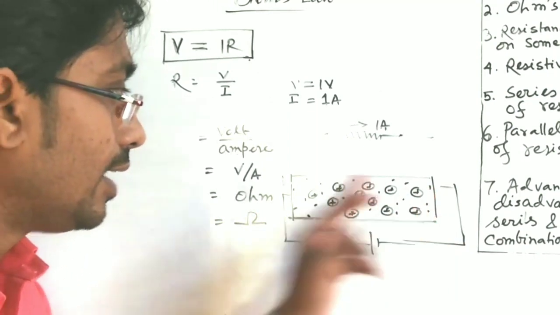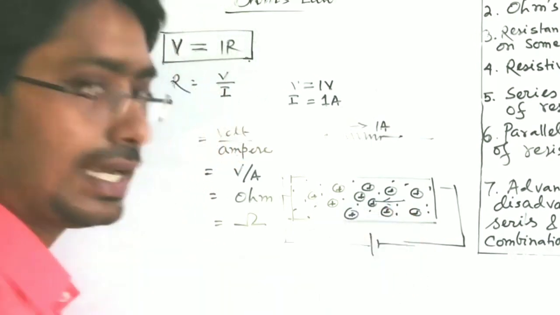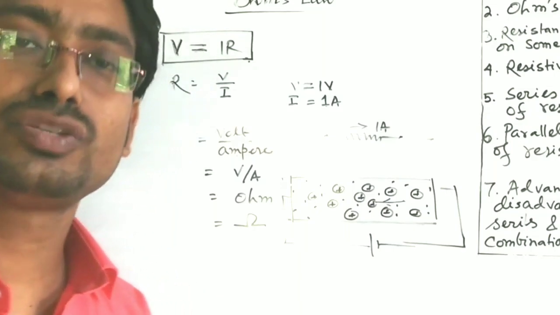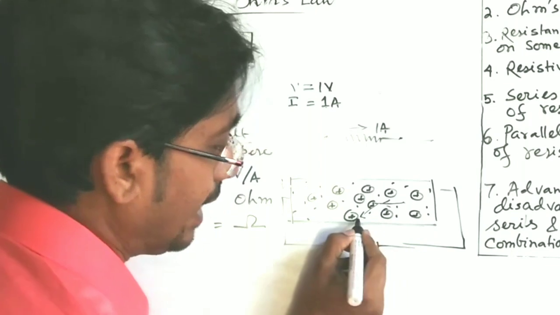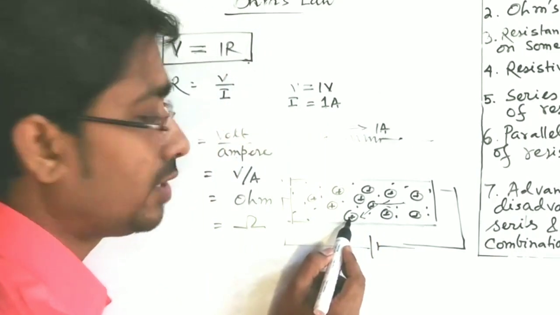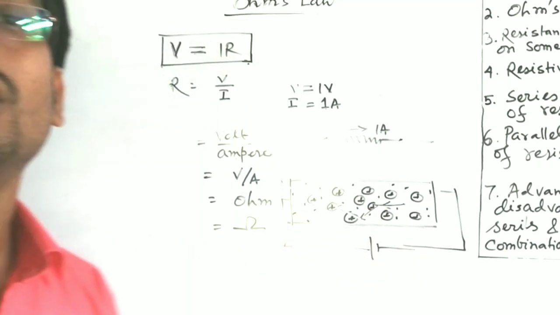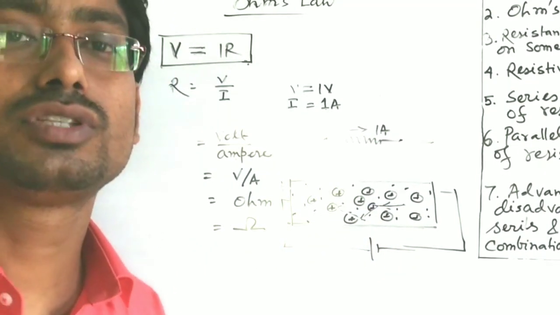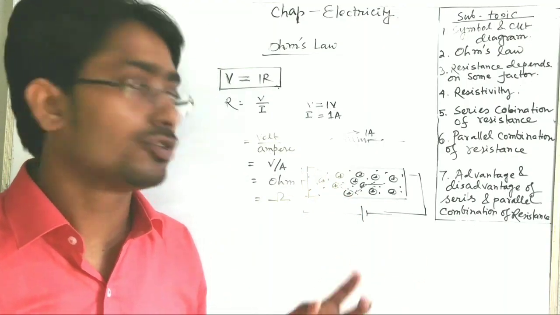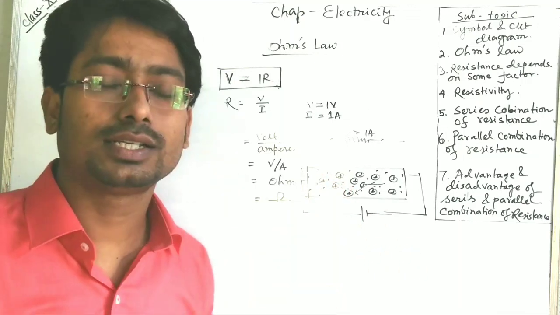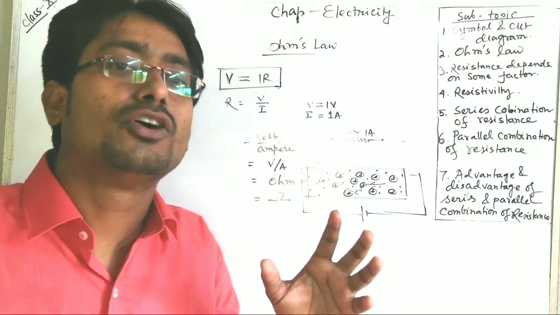The electrons will rush in this direction, but when they try to move in this direction, they will collide with the positive ions. Sometimes they will collide with the electrons also. So due to this collision, the direction will be changed. Again there will be a collision, again it will be changed. Again collision, and in this way the velocity will be less. The electrons move with the drift velocity and face so many oppositions. So this type of opposition inside the conductor when electrons try to move is called resistance. It is the origin of resistance.